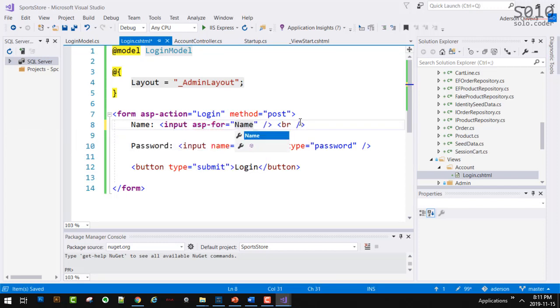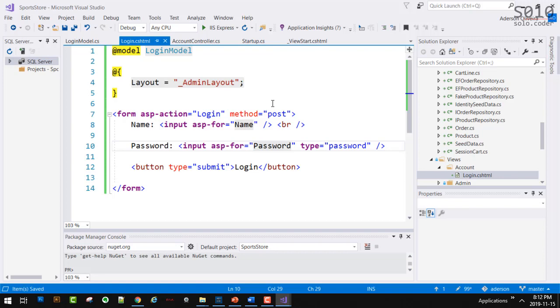Now I can say name, because my LoginModel has a name. Let me keep type here, but my LoginModel has a password. So now we are linking the LoginModel to the properties via the asp-for.